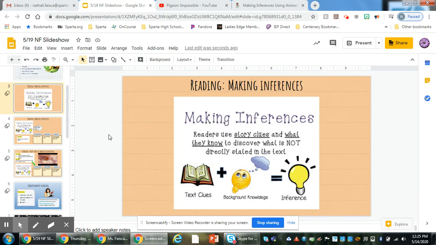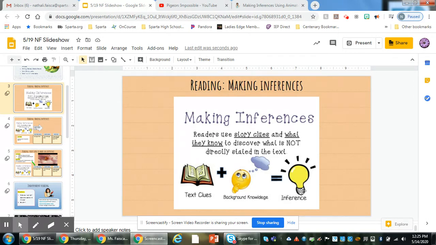Today in reading, we are going to learn a powerful reading skill called inferences. You actually make inferences all the time already while you're reading. Do you remember the assignment that I gave you where you had to identify a character trait to describe your main character? You are making an inference right there because you were using what you knew from the text, so some clues, because you were detectives. You used what you already know about character traits, and you made an inference to tell me what character trait